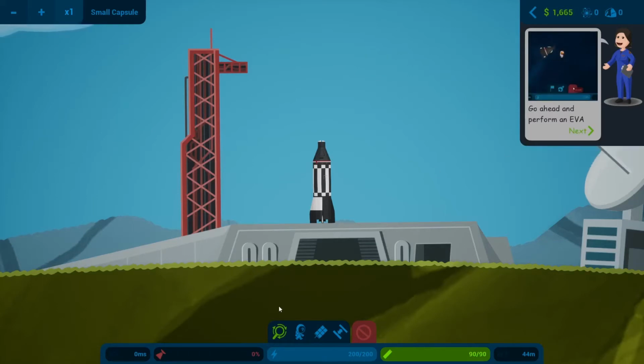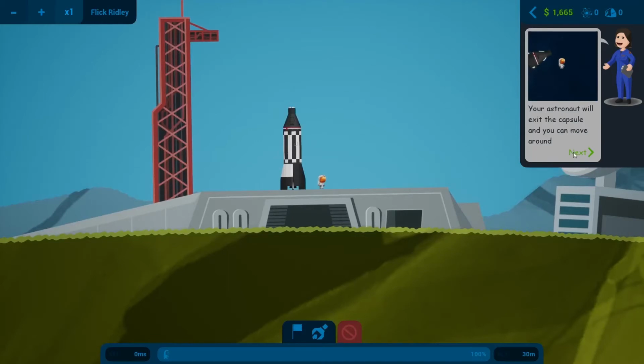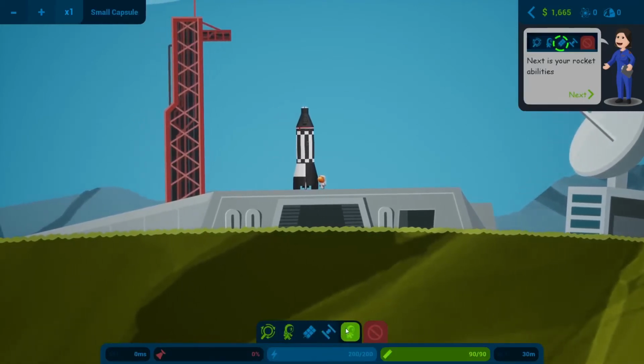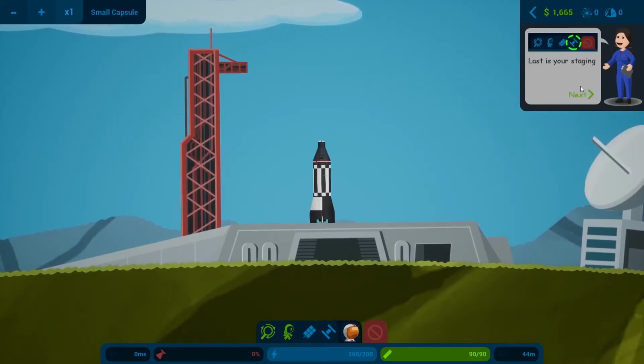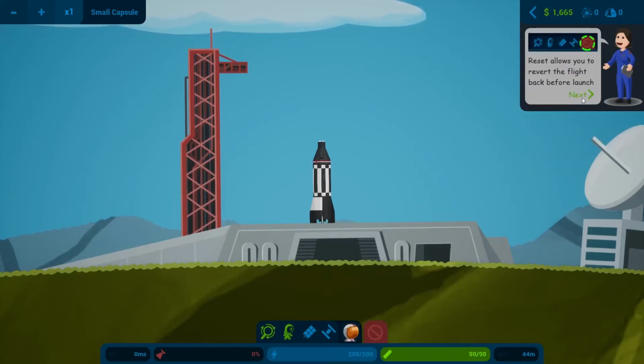and they're going to ask me to perform an EVA, so I will send the astronaut out and walk around the launch pad, make sure everything looks okay. Yep, it looks good. Let's get back in the ship. All right. And now we're going to go ahead and